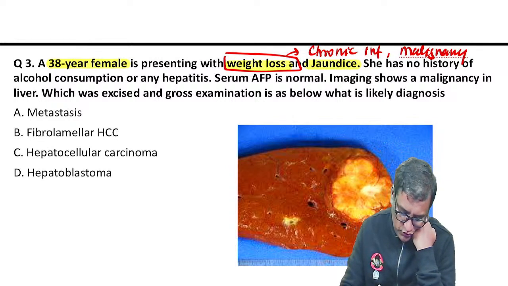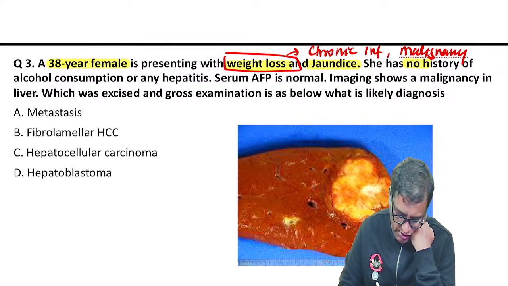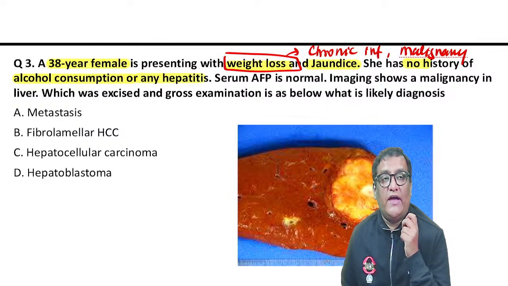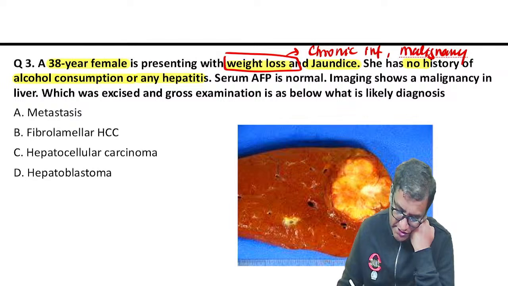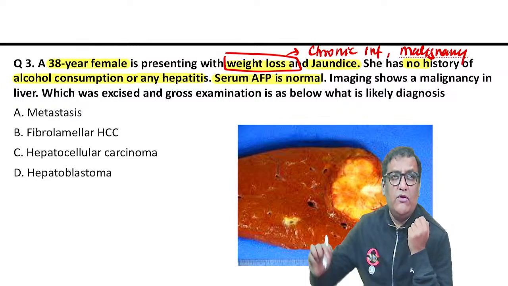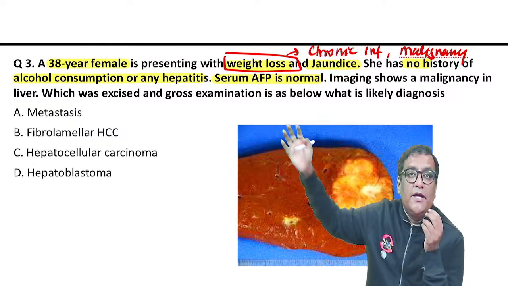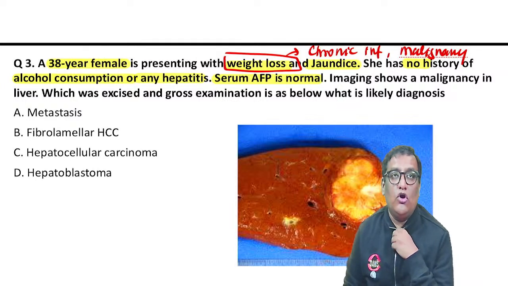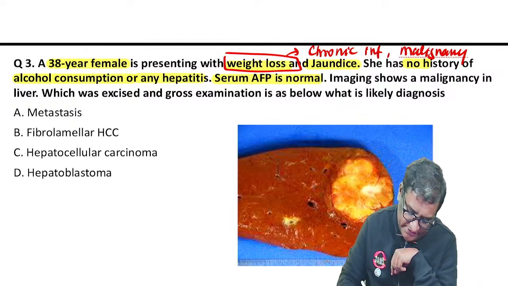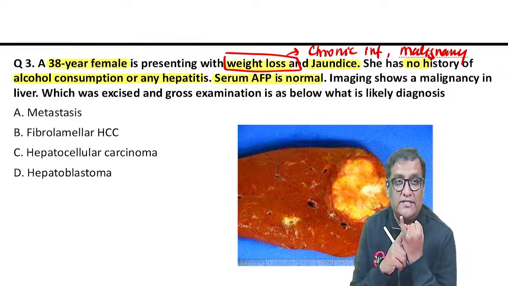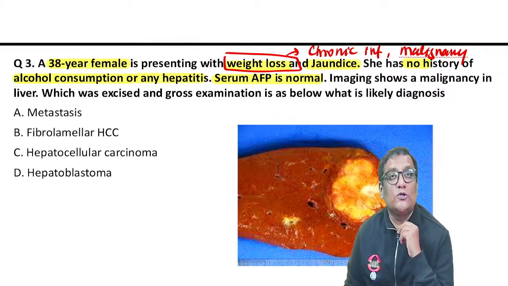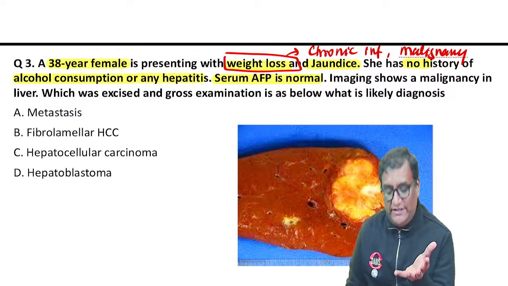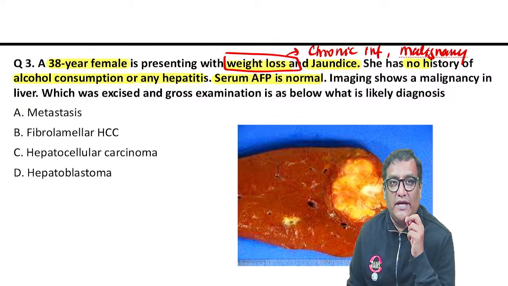Okay. She has no history of alcohol consumption. So important, negative history of alcohol consumption is there, nor any hepatitis. Serum AFP is normal. Anybody, why is the examiner giving you all such history? AFP is normal, alpha fetoprotein. No hepatitis, no alcohol. All these are in favor of what? HCC. Alcohol consumption is seen in HCCs. Yes, correct. Even chronic hepatitis B and C can be causing HCC. AFP also is elevated in HCCs, isn't it? Okay, so none of these are there in this.